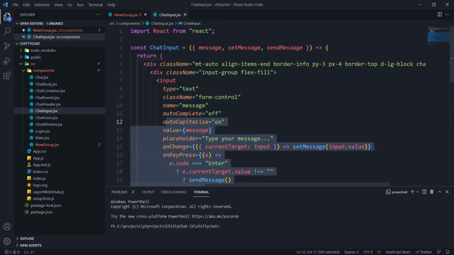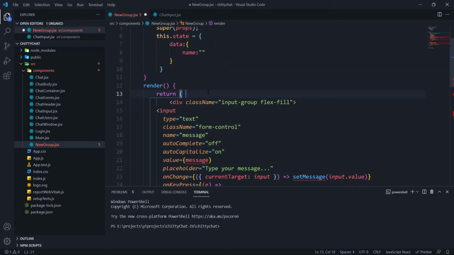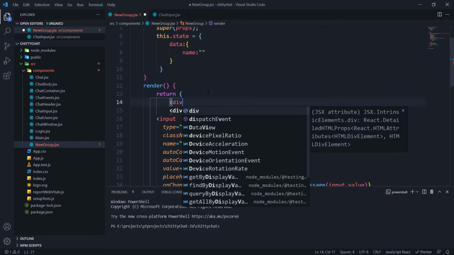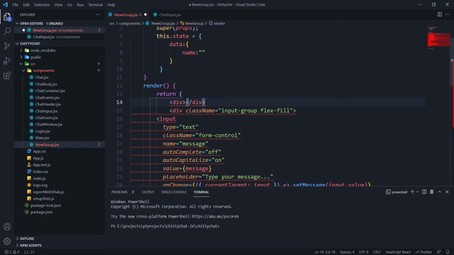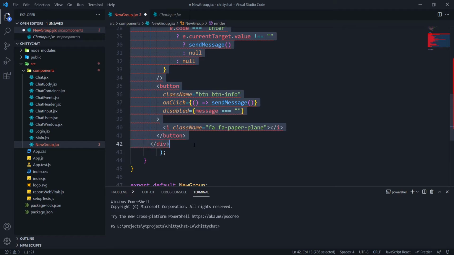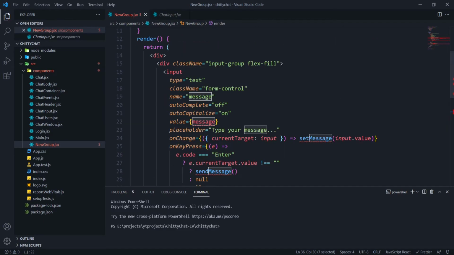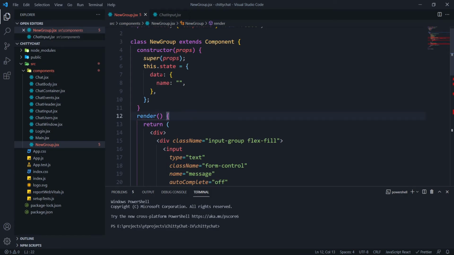So I'm just going to quickly copy this because this is what we want essentially, and also let's wrap all of this inside a div. So I'm going to cut this and paste it inside over here,